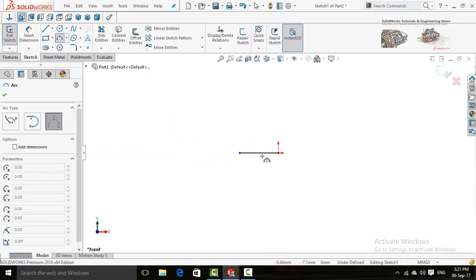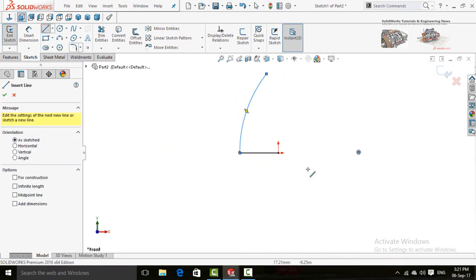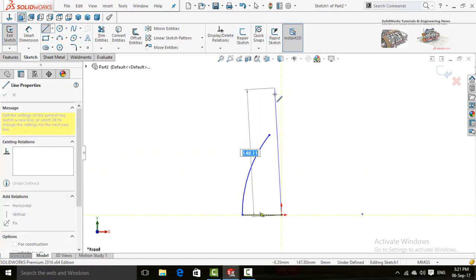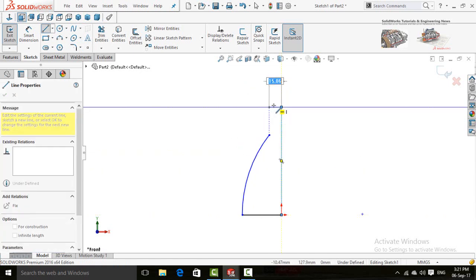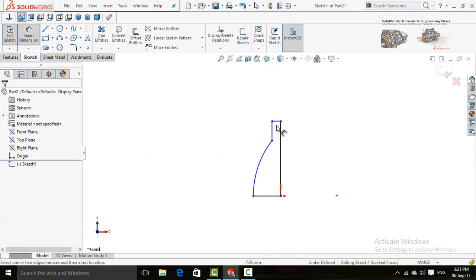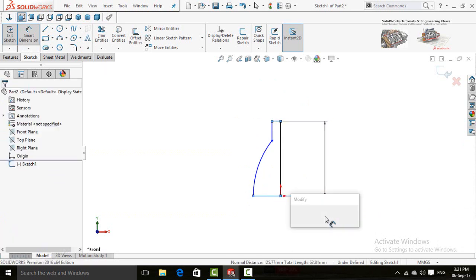Now select 3-point arc. Now line, define it by smart dimensions.